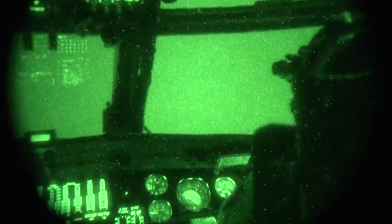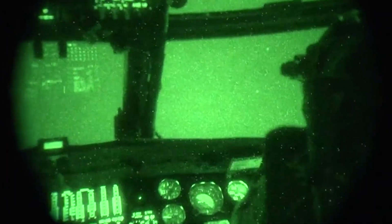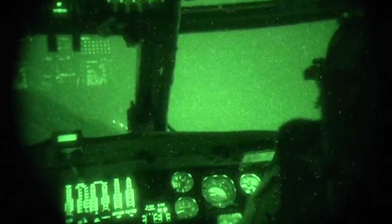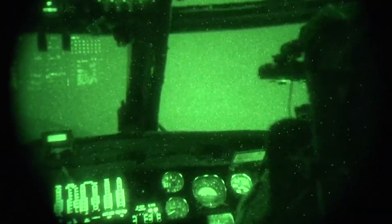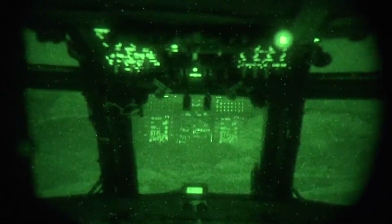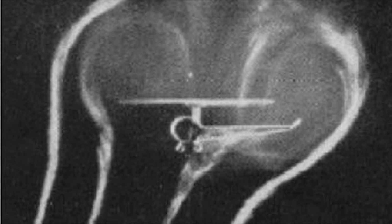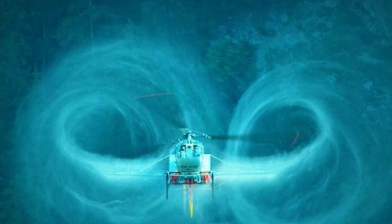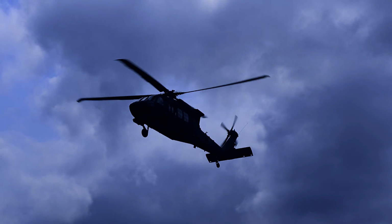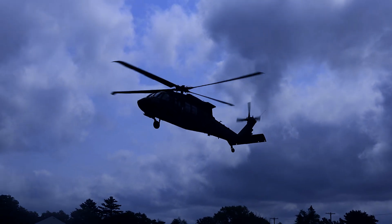As the top secret stealth helicopter hovered above the compound, the rotor downwash, or airflow being forced down by the spinning rotor blades, couldn't sufficiently diffuse due to the combination of high walls and unexpectedly warm temperatures that night. This created an extremely dangerous condition known as a vortex ring state, rapidly reducing the amount of lift produced by the spinning rotor. For a helicopter that already had vertical stability issues, this could have been a death sentence for